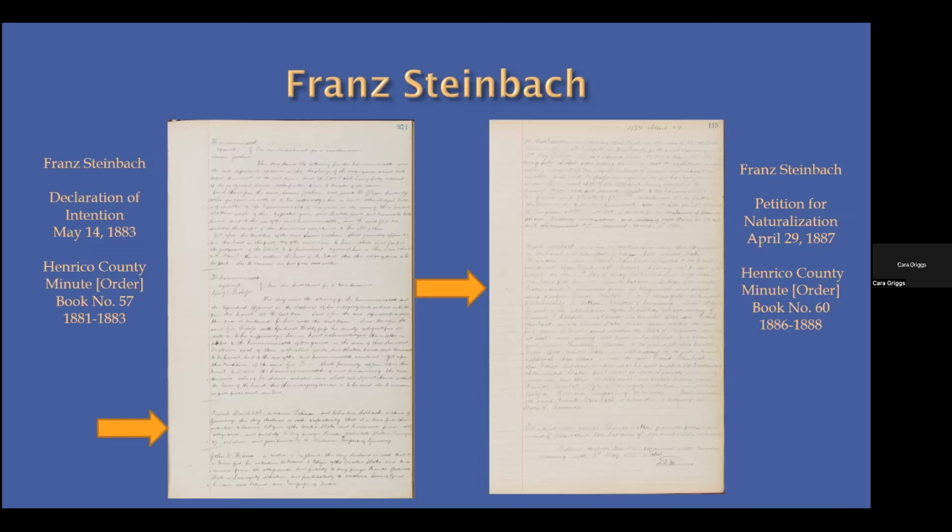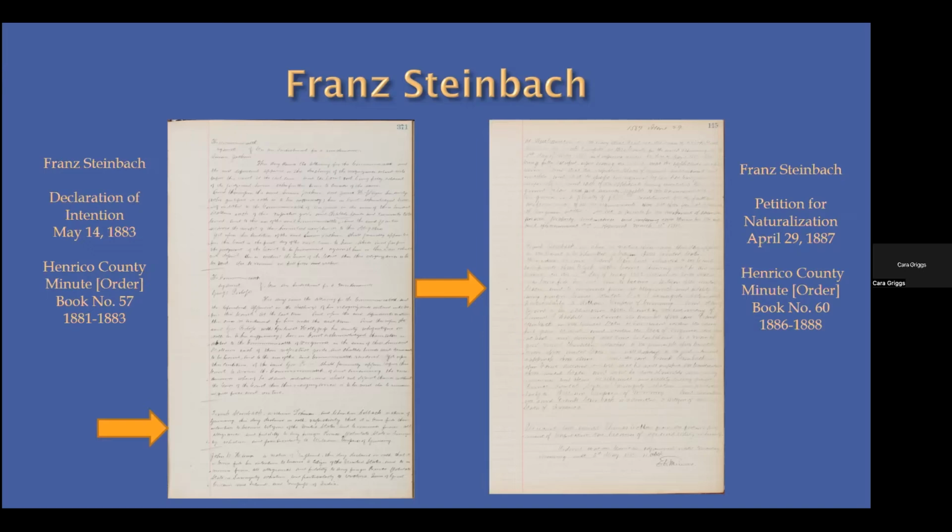A few years later, he submitted a petition for naturalization, which is sometimes referred to as second papers. When it was approved, he received his certificate of naturalization. And the record of the second action is recorded as follows. Frank Steinbach, an alien, a native of Germany, this day applied to the court to be admitted a citizen of the United States, whereupon the said Frank Steinbach exhibited to the court a certificate of the clerk of this court